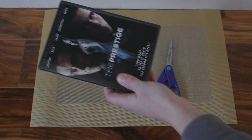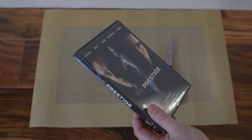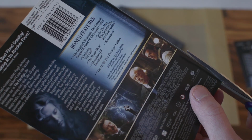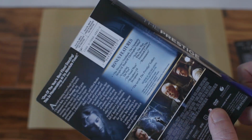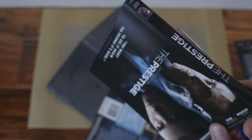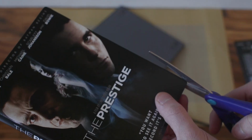Okay, watch this. I got this DVD. The title on the side is small and in the middle of the spine, so I take out the paper and I'm going to cut along this part here, and then I'll cut along this part here, and then I'll take a little off the front,